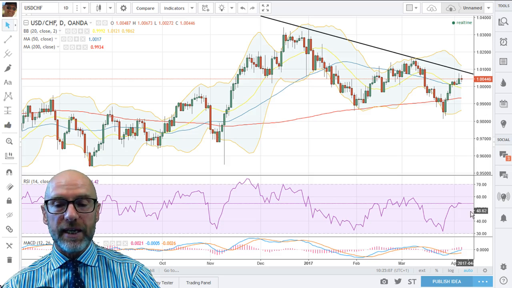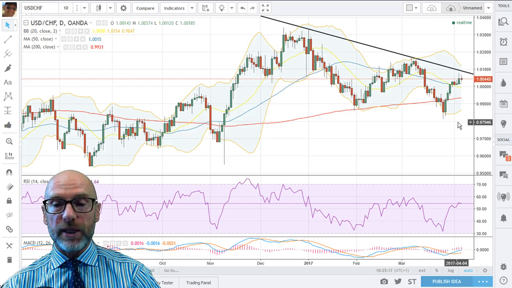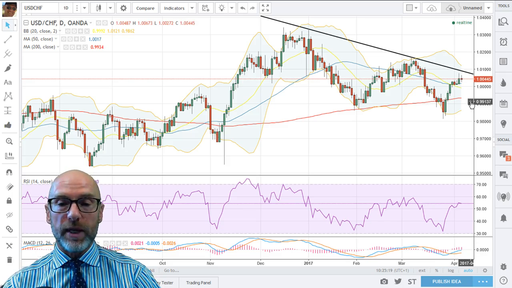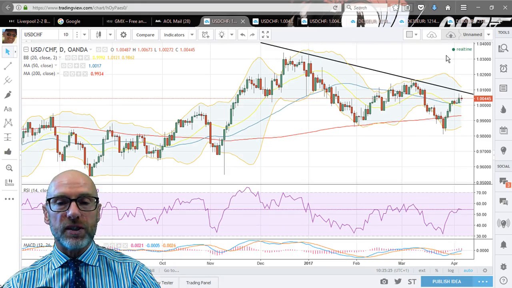The RSI is back above 50, bounced from an oversold level, and the MACD's turned up nicely as well. So on this daily picture, technical analysts would be hoping for a break of this downtrend and then a test of the resistance levels. Looking at the weekly,